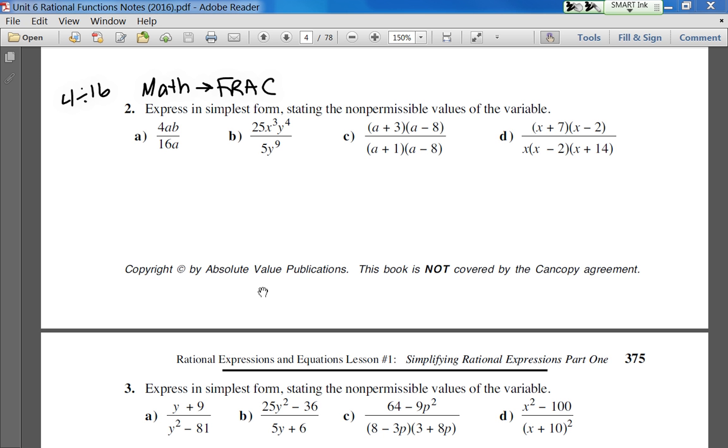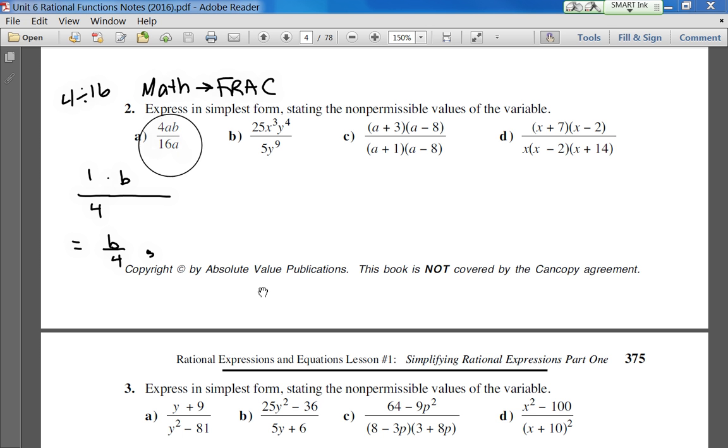Now if you're more into doing things on your own, you can see that 4 and 16 both have a common factor. What is it? 4. They both divide by 4, so you get 1 over 4. But if you wanted to use your calculator, that's cool too. Math fraction, 4 divided by 16, math fraction. And now look, you got AB over A. So the A's cancel, right? And you just have B left over. Okay, and this looks really weird, so just make it a little bit cuter. B over 4. Yep. Put a little comma,